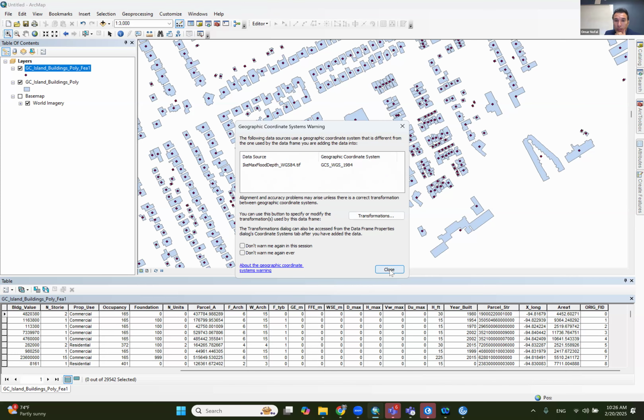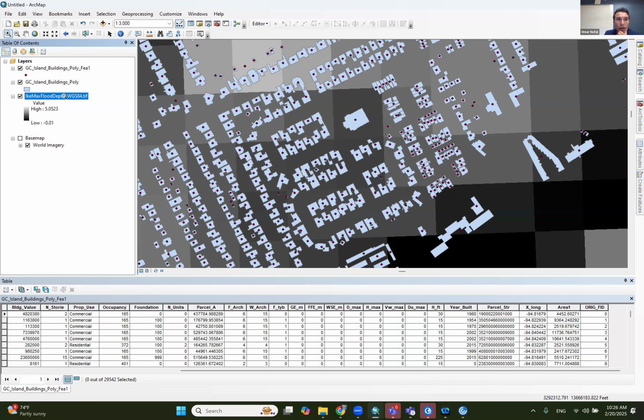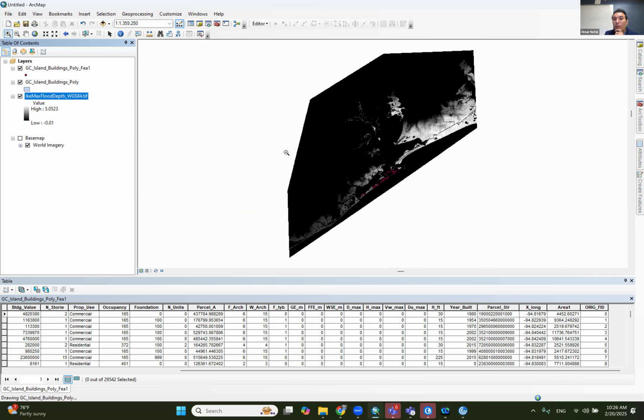It tells me about the projections. So, okay, and then I'm gonna say zoom to the layer. That's how the raster map looks like. So what I'm gonna do, I'm gonna remove these two layers and only focus on the raster map, and then